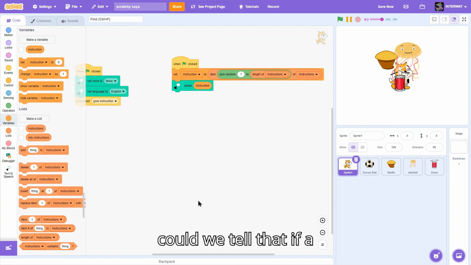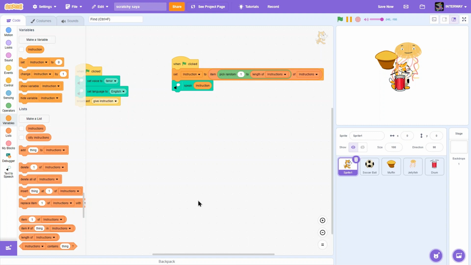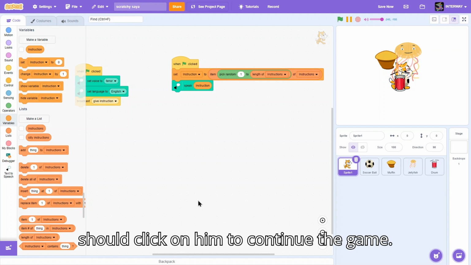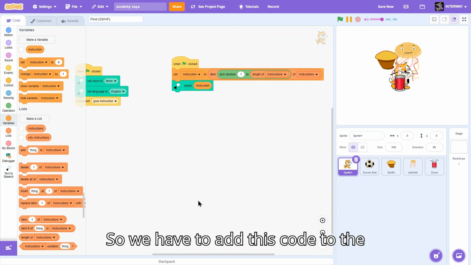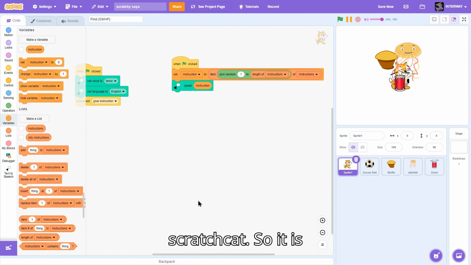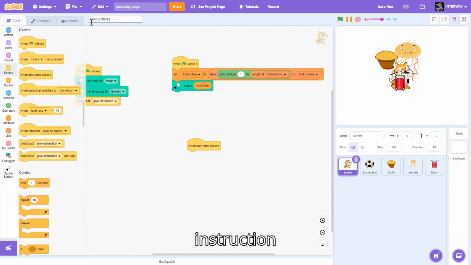How could we tell that if the Scratch Cat says a silly instruction, we should not do what he says, but should click on him to continue the game? So we have to add this code to the Scratch Cat. When this sprite clicked, if silly instruction,